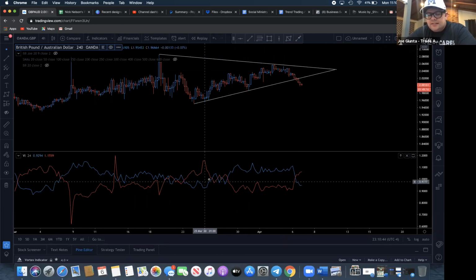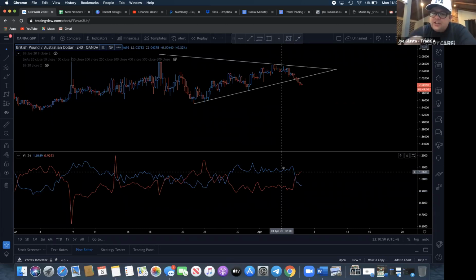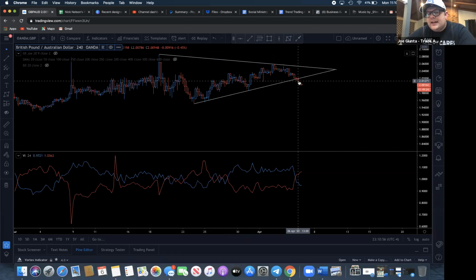I don't care, this indicator is not the way I trade. I'm not going to take this indicator for its word. I'm only going to use it for confirmation of what price action is telling me. Right now, price action is telling me that I'm breaking a wedge and it's time for me to sell. So I'm going to go to the vortex and I'm going to say, does the vortex confirm what my price action tells me? And in this case, I just had bear movement get stronger than bull movement. I get my close outside, boom, time to sell. Why? Because it's telling me that there is more sell pressure than there is buy pressure in the market.